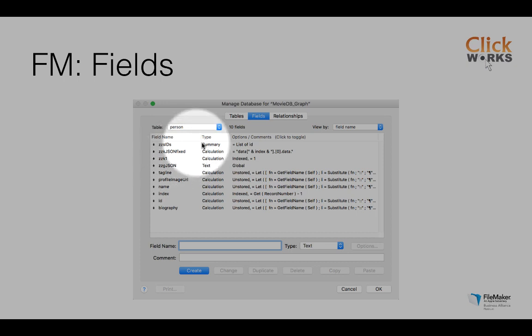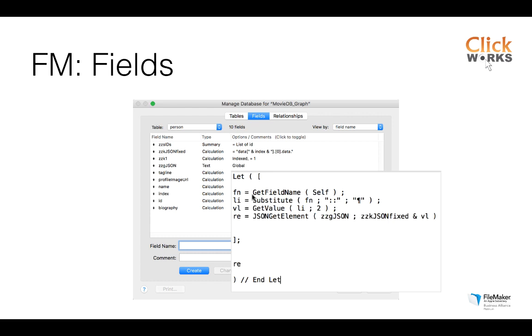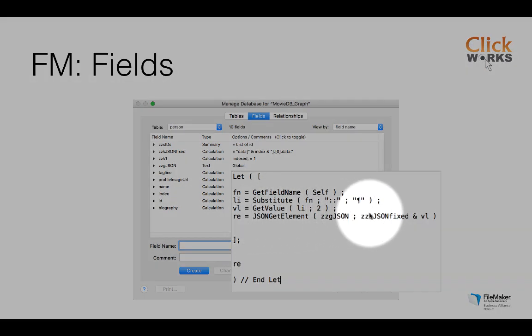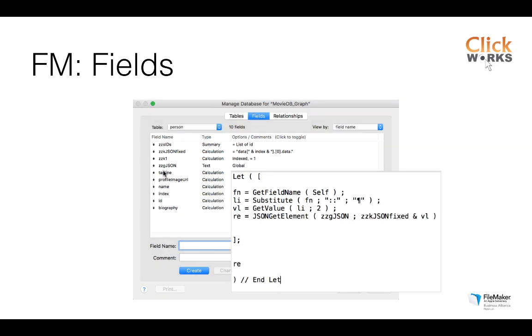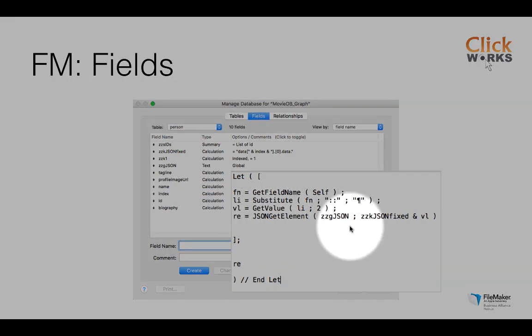I do some pre-fetching of the data using this function, and then in the different calculated fields I use JSON get element to parse out the different elements like the name, biography, ID, and the URL towards the image of an actor in this case. Okay, so all these fields are calculated fields based on a JSON string using JSON get element to